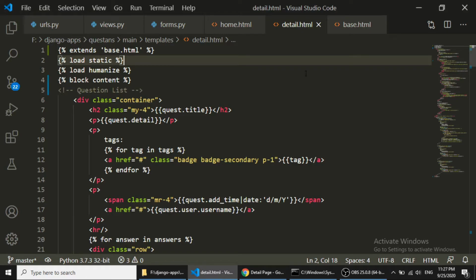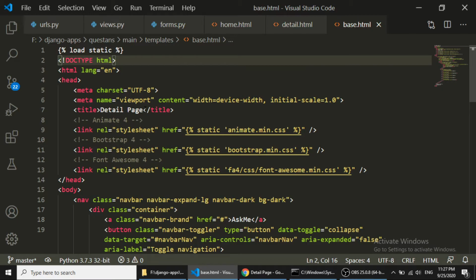Now we have created the base template. Now whenever we need to create any other template, we will extend this base template and keep the data in between this content block. And let's do one thing more. We need to